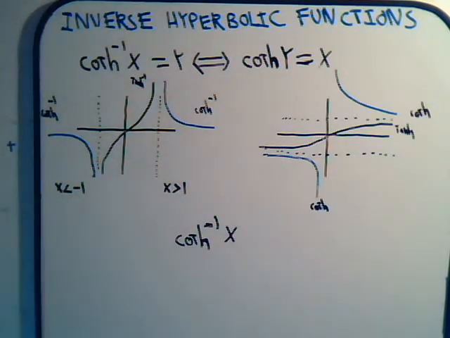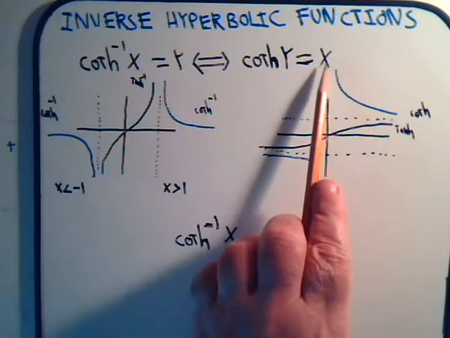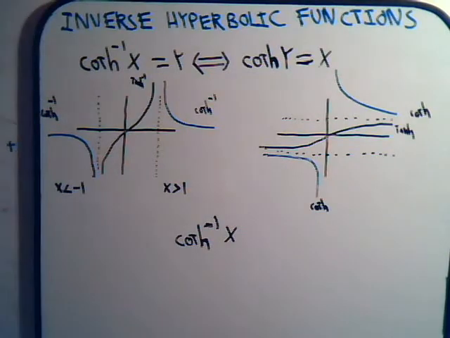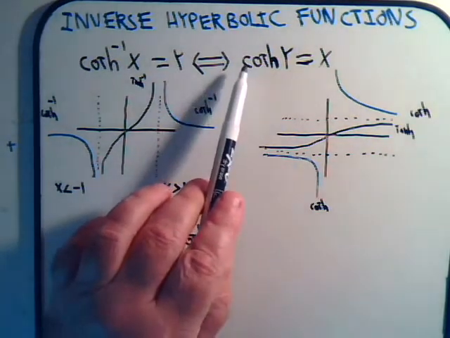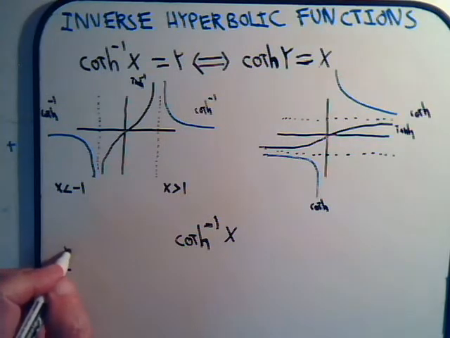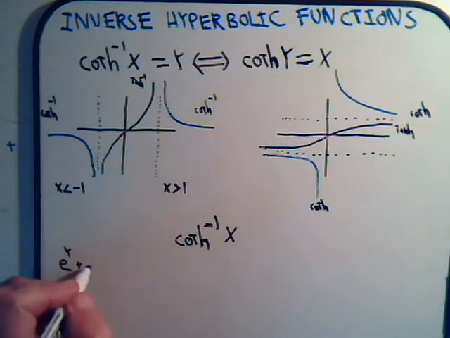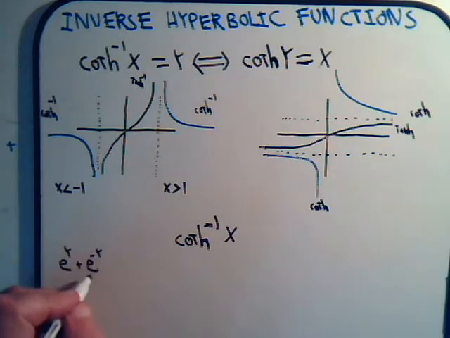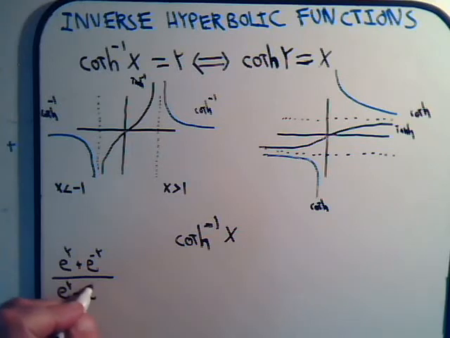Okay, let's see then. We want to get a logarithmic expression for this, and to do that, as we've done in the other videos, we start by working with this expression here. So we have hyperbolic cosine divided by the hyperbolic sine. So we have e to the y plus e to the minus y divided by e to the y minus e to the negative y